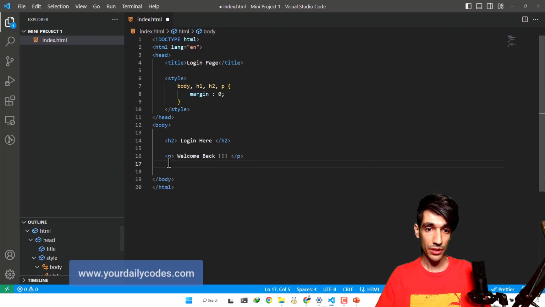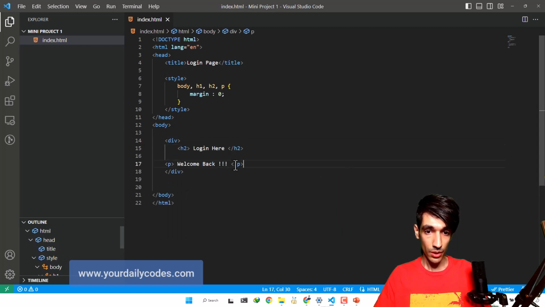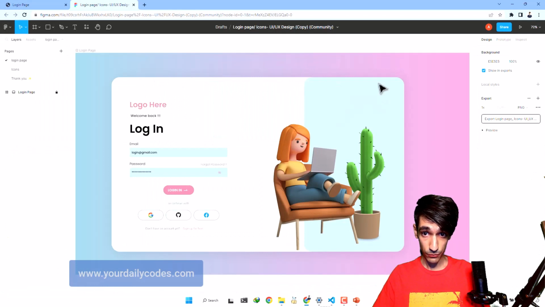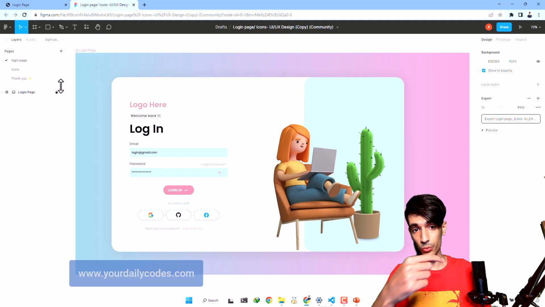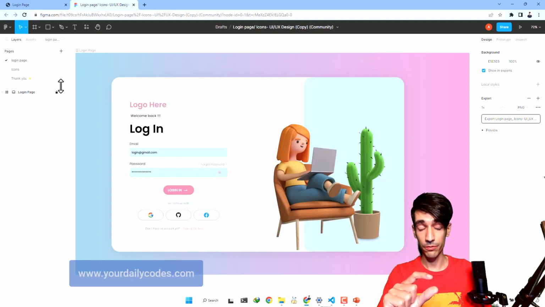And first of all, inside our body tag here, let's cut this too. First of all, we have a div here. It's a division, and we can have nested divs. This div is for all of this section here, and we will use margin or padding. We will become familiar with padding in this session, don't worry.